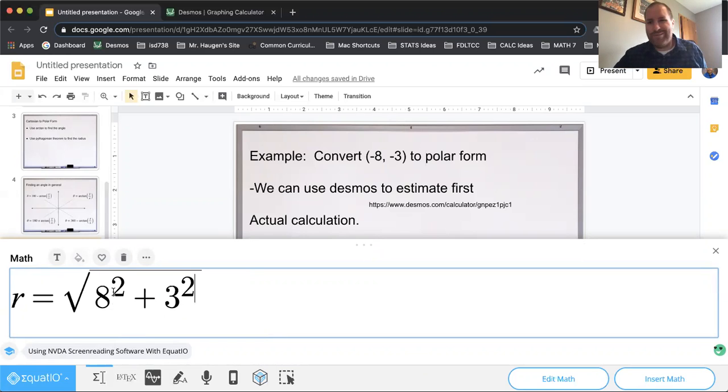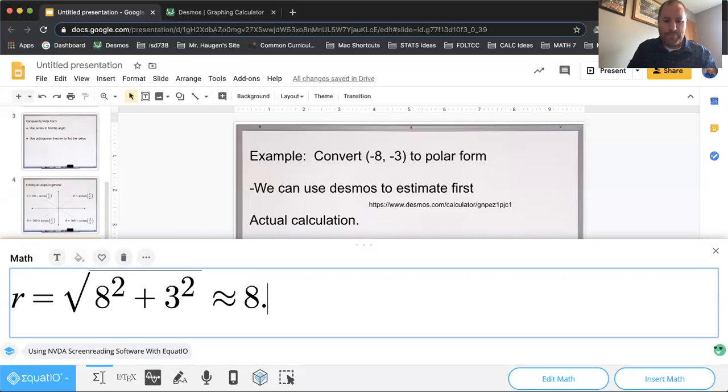They are negative, but when you square a negative number, it's the same as squaring a positive number. It's not going to make a difference. So instead of putting those negatives in there, I'm going to put that. And I doubt that this is going to work out exactly. You can leave it in square root form if you want to. I'm just going to go ahead, 64 plus 9,